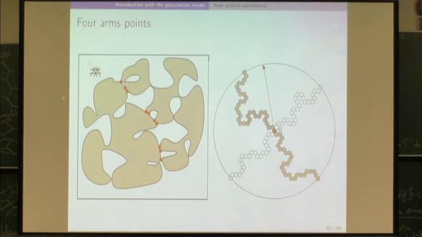They are points which satisfy a configuration of this type. So it's in the middle of some circle, and you have 4 arms with alternating colors, like this. So gray arm, white, another gray, and then another white. And you see that if you have some configuration like this, the color of this point will become crucial for your macroscopic